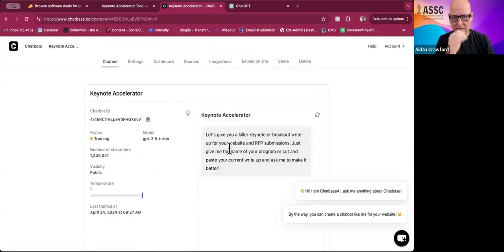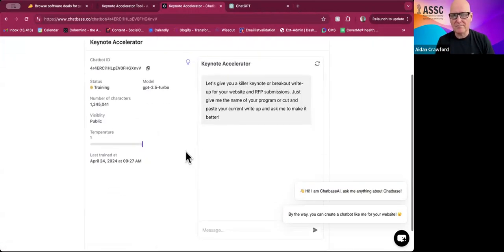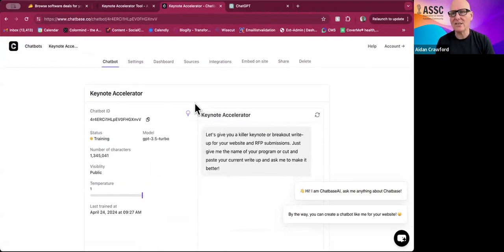So let's click on the Keynote Accelerator. As you'll see, it says, let's give you a killer keynote or breakout write up for your website. It does what it promises. So how did I actually build this? So I created this chatbot